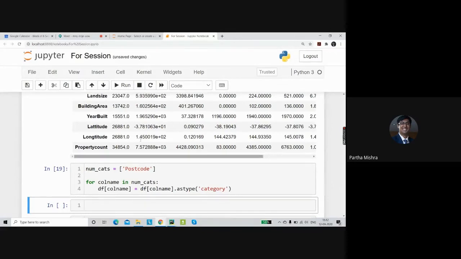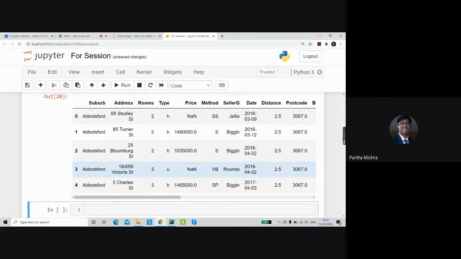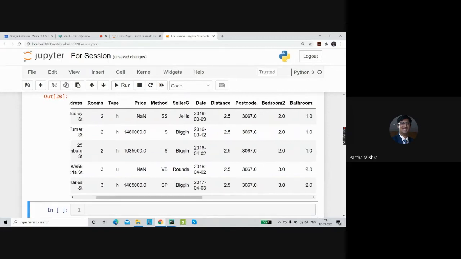Now, if we take a look at the head of the data again, here there is this column called rooms. If you look at the first five entries, we have twos and threes. But if you take a closer look, we have rooms and we have bedrooms. Both are giving us the same kind of information.